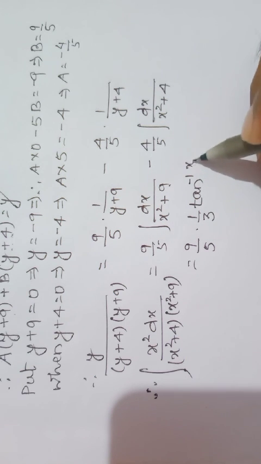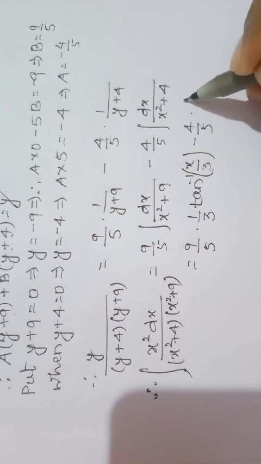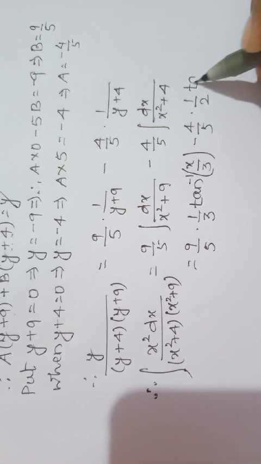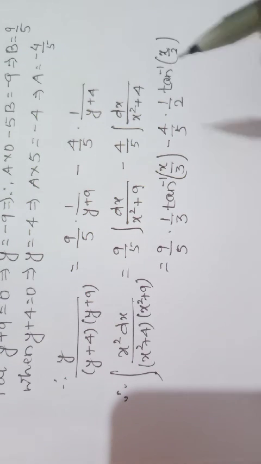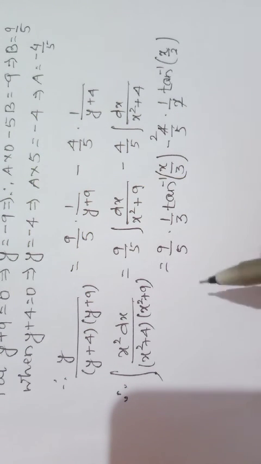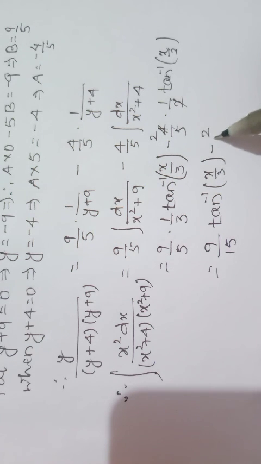So tan inverse x by 3. Similarly, it is 1 by 2 tan inverse x by 2. Simplify, 2 cancels with 4. So finally our result is 9 by 15 tan inverse x by 3 minus 2 by 5 tan inverse x by 2